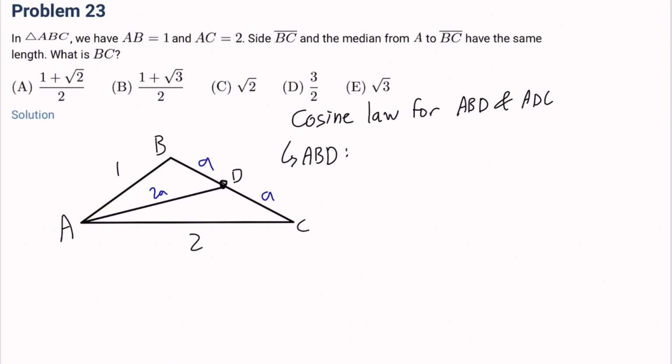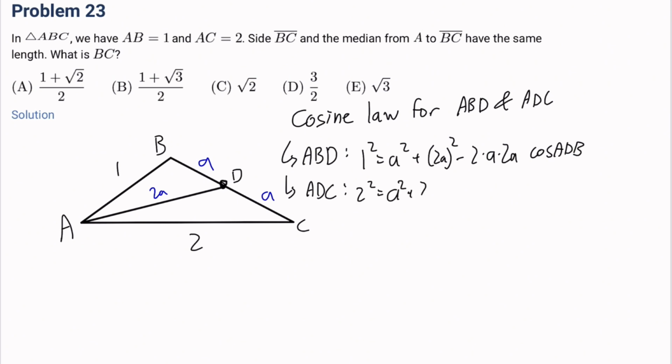That means 1 squared is equal to a squared plus 2a squared minus 2 times a times 2a cosine ADB. Then on ADC, let's focus on this line, AC this time: 2 squared is equal to a squared plus 2a squared minus 2 times a times 2a times cosine